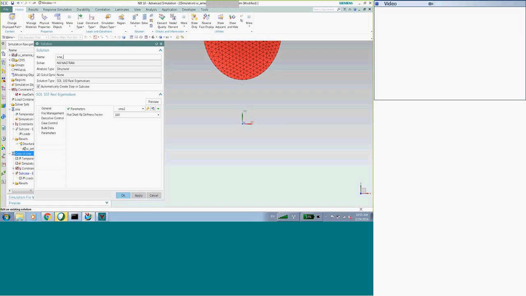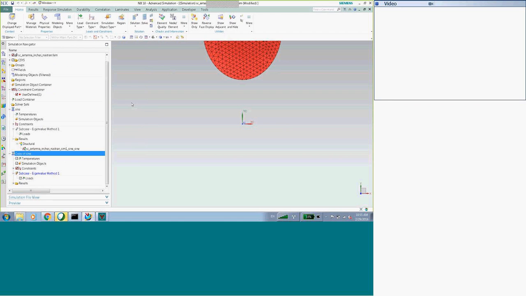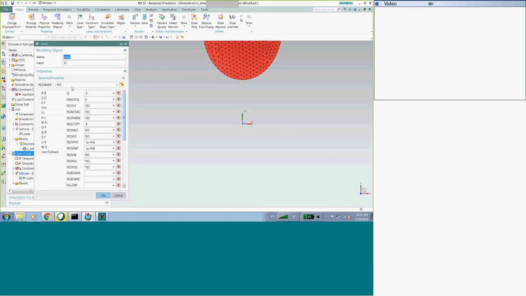I can edit this, say, sine. And then in my editor, I remove the ResVec. I want to save it.